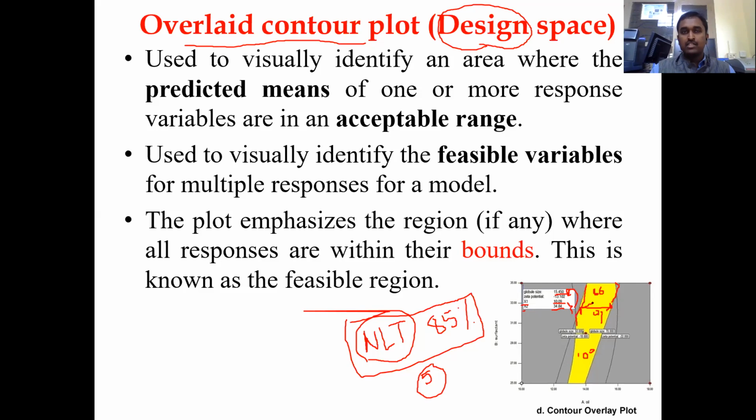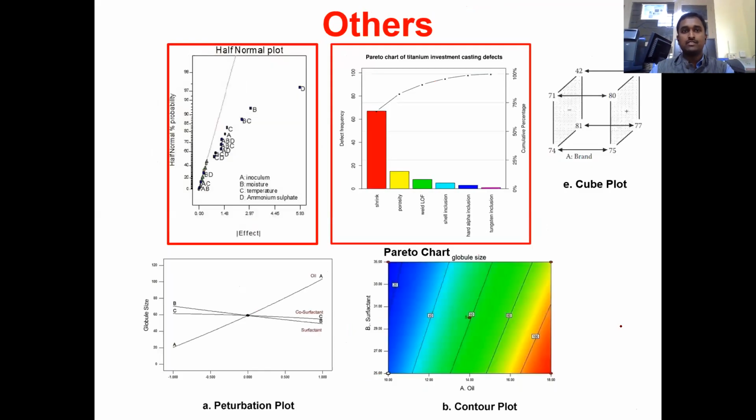There is some misinterpretation of results, so one has to verify properly. That is the advantage of contour overlap plots. Contour overlap plots basically give a design space, or an ideal space. In that space, one can work; it is an ideal region to work. Crossing beyond this border, that means if you come above this region or below this region, the resolution will come down, like 84, 83, 82, and sometimes it's 50% also. So that is the ideal space and design space.